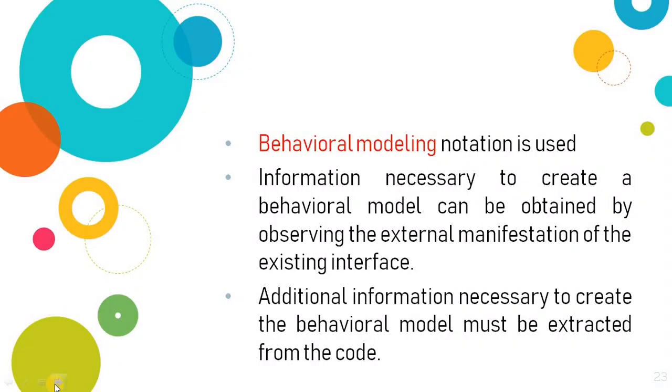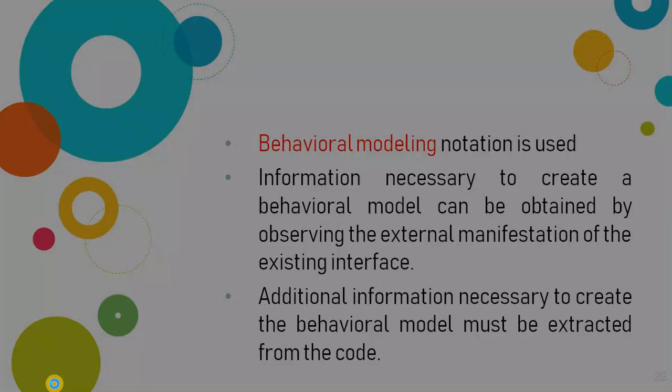After getting these three answers, we will try to develop a new user interface or reverse engineer the user interface. Here we will identify some behavioral modeling notations also. Behavioral modeling notation means to represent the association of the identified user interfaces. We will apply some behavioral modeling tools also. So these three are the basic reverse engineering abstractions. After getting these three understandings of the current application, we can start the next phase of re-engineering, that is restructuring.